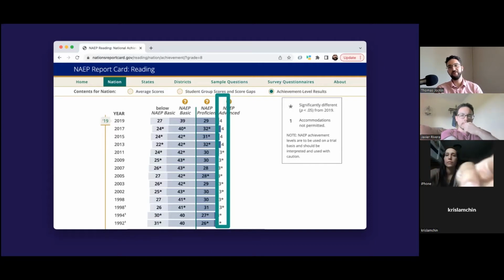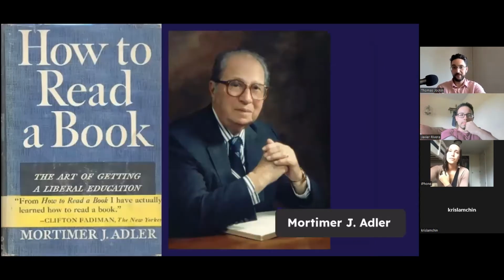So it's not just repeating, regurgitating, recalling information presented to them by a stimulus, but instead taking that stimulus information and generating a new understanding from it. It's a very small percentage. And partly, by the way, as you can see in the slide deck, this goes back to 1992, but Mortimer Adler, who's famous for the great book series, the canonical book series from the University of Chicago, he wrote a book on how to read a book.